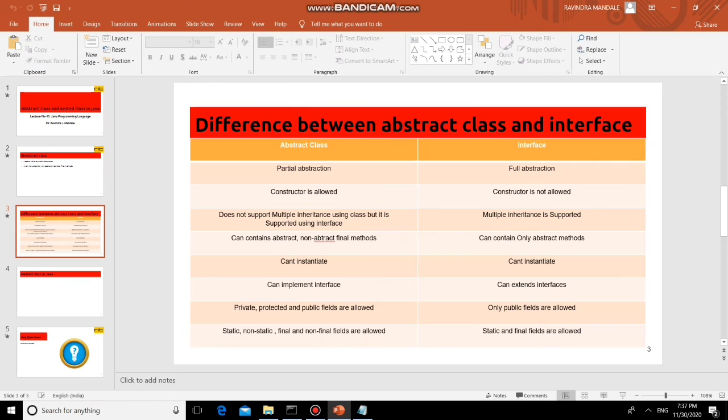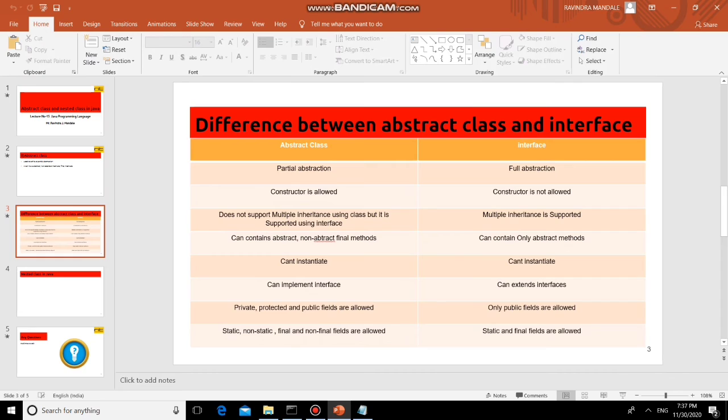The first difference is straightforward, we already discussed that. An interface is used for achieving full abstraction, 100% abstraction. Why? Because an interface has only abstract methods, which means their implementation is hidden from the user, and we are only presenting the declaration, the essential details.